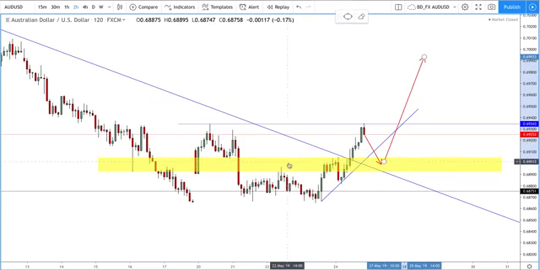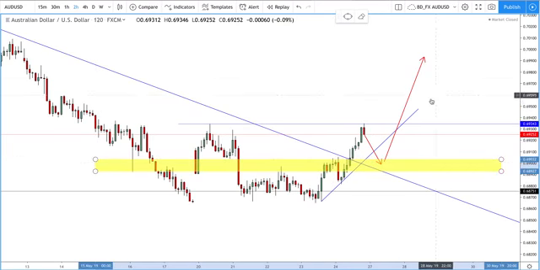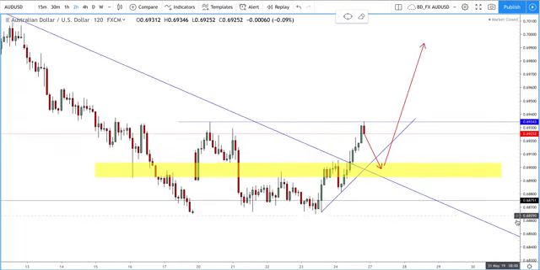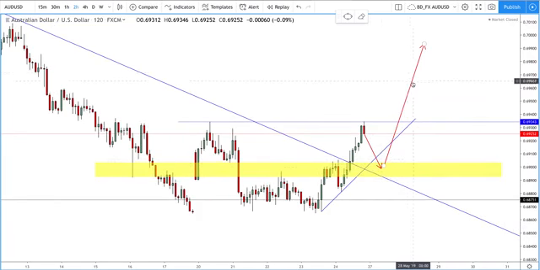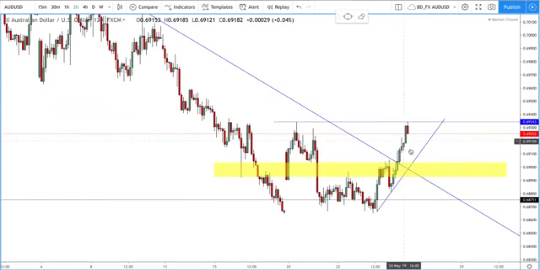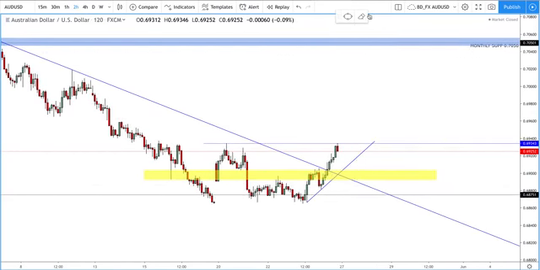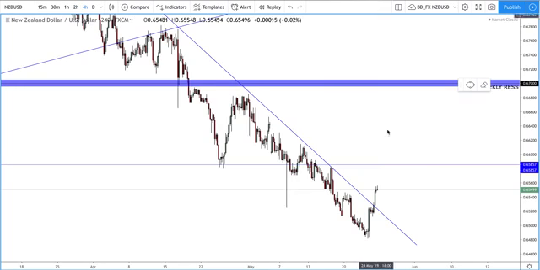But yeah, I do think that we're going to come down and retest sort of this level around here, this region. I think we might break this counter trend line, so make people think we're going to be taking a short trade, and then actually reverse to the upside. So I'll keep you updated on this. If you're not in this trade, do not jump in it until I update you. But I do think that we will have a bit of a pullback first and give us that opportunity to take another long trade. So I do prefer Aussie dollar to move to the upside, and I do like New Zealand dollar to move to the upside.